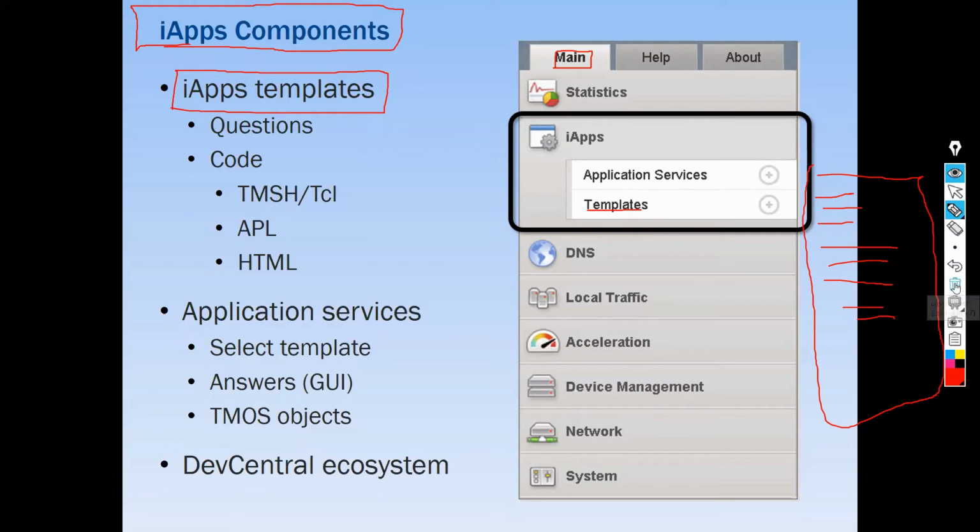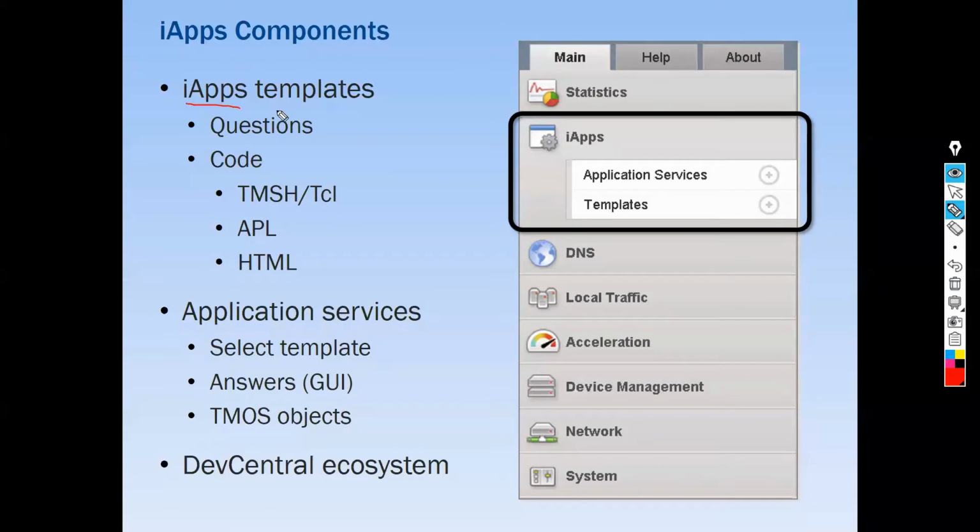But now, what does the template contain? Ultimately, these IAPs are the templates. So we will run the templates and give the answers to the questions. But what does a template contain? Templates contain questions. What questions FI has to ask? Those questions will be contained in the template. And there will be code. Yes, program.